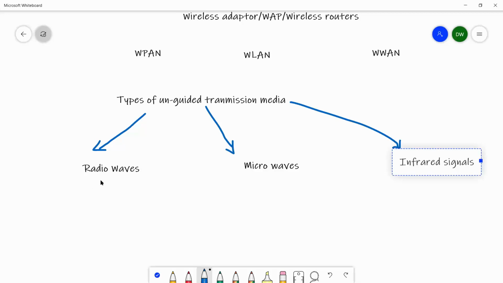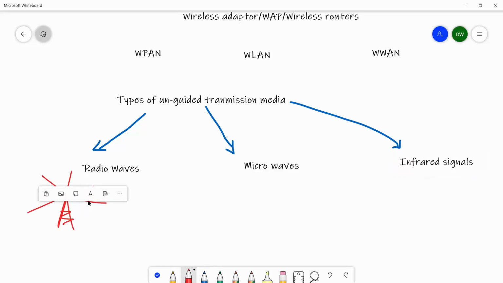Omnidirectional means the signal can propagate in all directions. For example, if I draw the way it transmits signal, if you have an antenna like this, the signal can propagate in all directions. So in this way, we say this is omnidirectional,